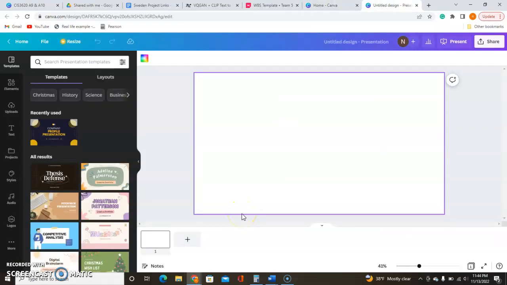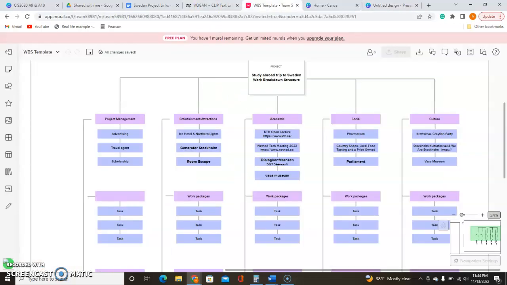And for the PowerPoint, we'll be using Canva, which will allow us to drop in both the pictures and the work breakdown structure, and be able to upload audio files onto here, so that when you are looking at and setting up the presentation, it'll play music in the background as well. So basically, just to run through a quick example,